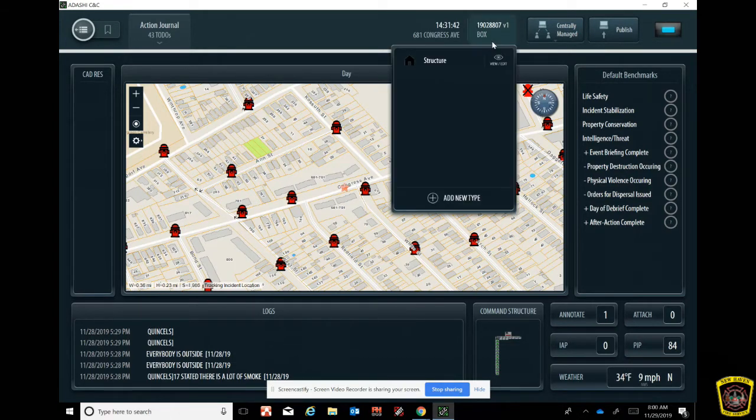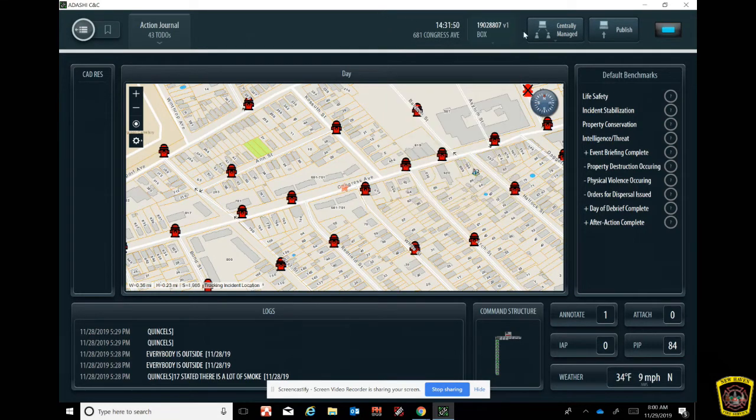If you were to hit the drop down here, and we'll explain this more in depth in a video on how to change or add a new incident type, this is where you would do it. Right next to this, and this is very important to know,